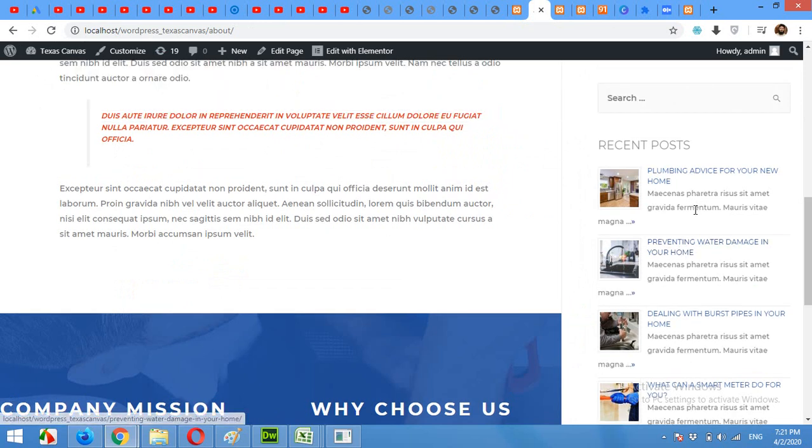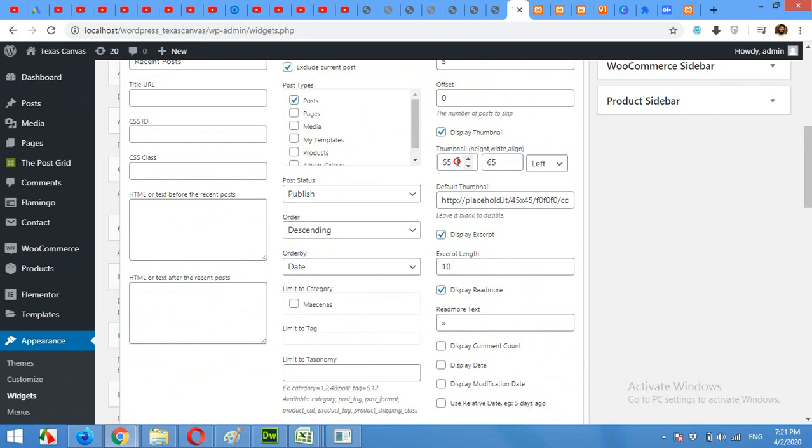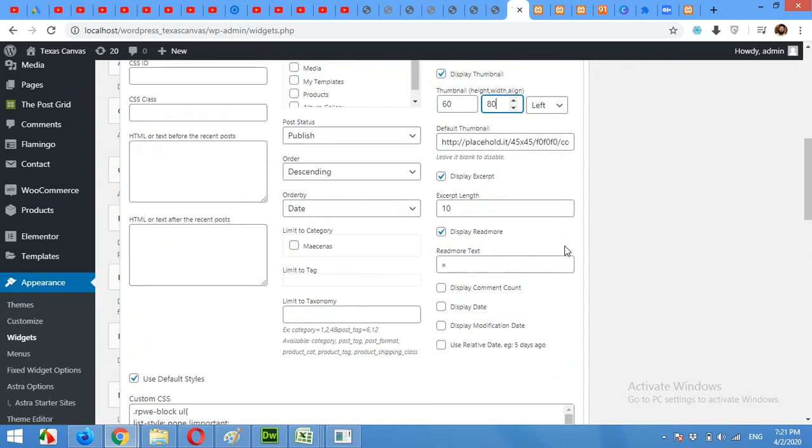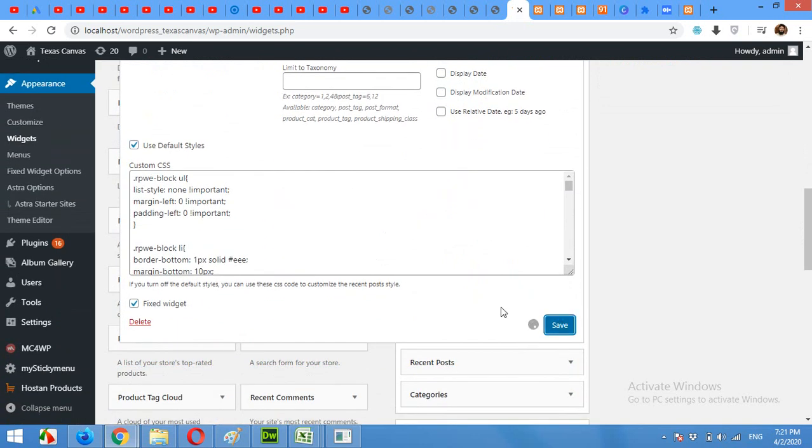Okay, now the date is not there, and also I want to increase the size of the thumbnail so it fits exactly here up to the text. So click on this and let's change it to 60 by 80, so it will be a little bit rectangular shape, and click on save,